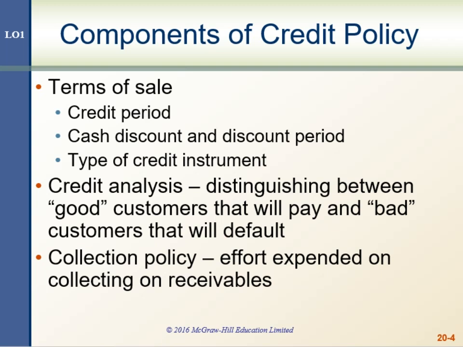That's the standard terminology for 2/10, net 30. And that credit period, as you interpret that number, 2/10 means 2% discount for a 10-day payment. So if you make your payment within the first 10 days, you get to take 2% off the price. If you don't, then the net balance, the entire 100% balance, is due within the second stated period, which is